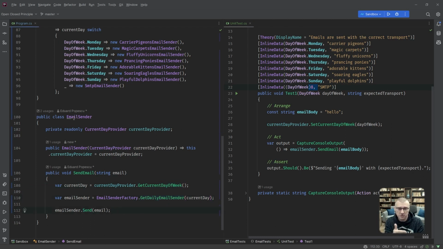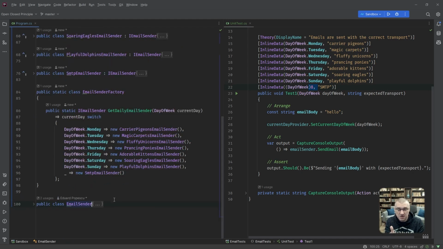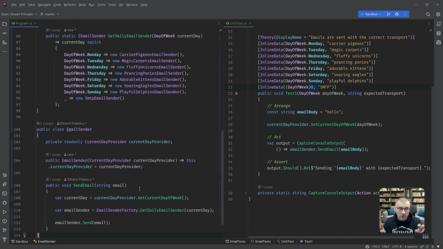So from the point of view of open-closed principle, this class and this method are done and dusted. Okay, we'll never have to touch it again, as long as all that's changing in our application is the way we transport, the way we send emails. If something else happens and we have to introduce some other kind of business logic, like even though it's Monday, you have to override it, or even though you're getting this email sender, you have to override it or whatever. So open-closed principle is a strategic pattern. You have to apply it strategically.